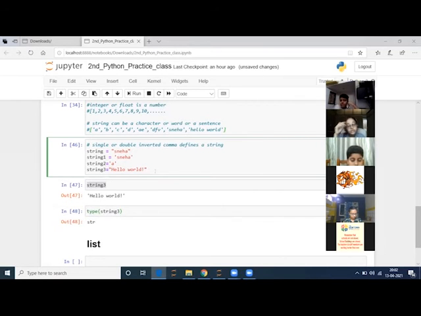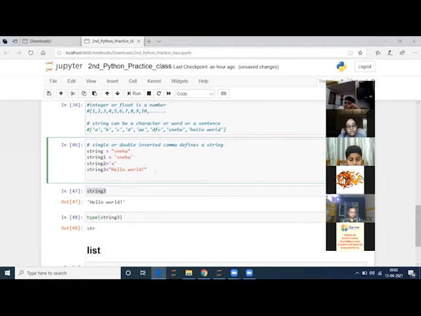Now, if I want to initialize a number, a value inside my string, like string 4 equal to, can anybody tell me what I can do? I want to initialize a string which is 4. How can I do that? Ma'am, you can firstly put inverted commas and then write any number. Very good.